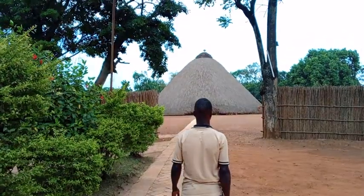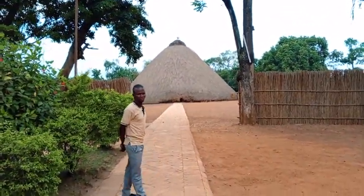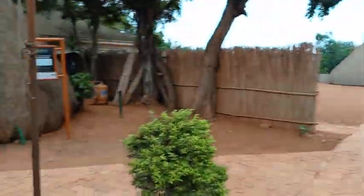Wow. The ground hut. So we're going first to have a glimpse at the drum house, then we proceed to the...